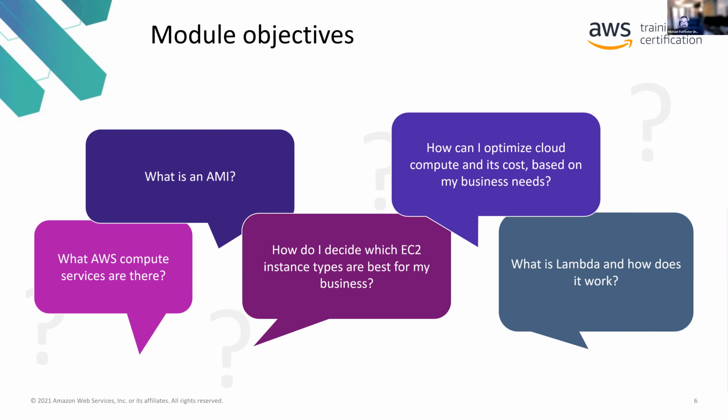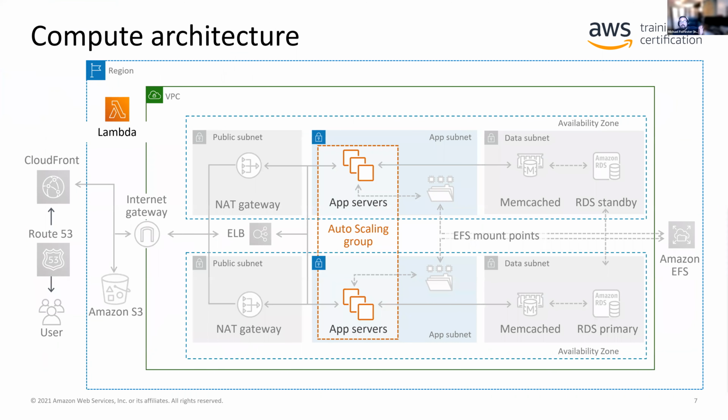Let's talk about it. Okay, now, even though Lambda is not in our architecture, it's in the upper left-hand side, like a little box. And here we've got some app servers. These are EC2 virtual machines, and they're in an auto-scaling group. I don't even think we talk about auto-scaling now. We're talking about auto-scaling later, but just know that those virtual machines on Lambda, that's a topic of conversation.